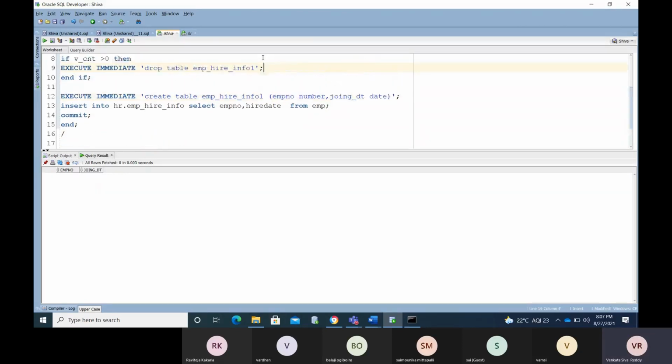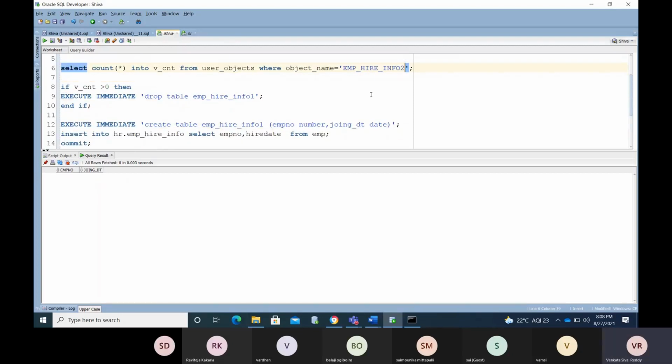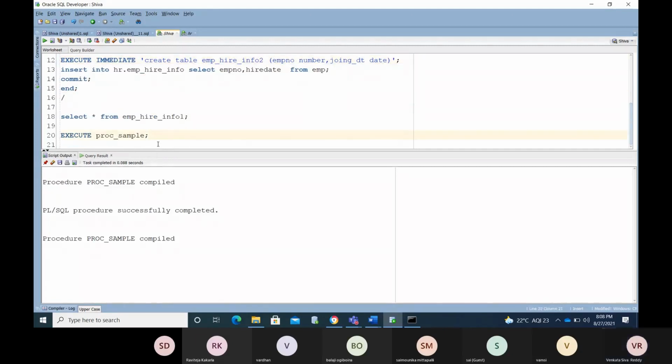See, now I'm checking by creating with employee 2 here. Now I have created that procedure. Okay, see here, now I am running this.